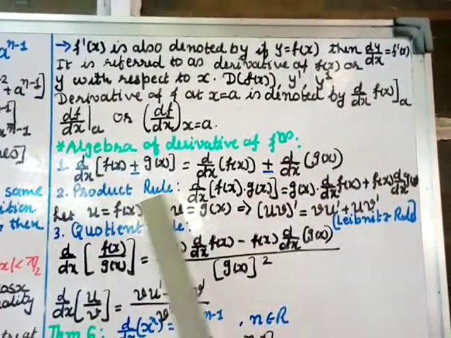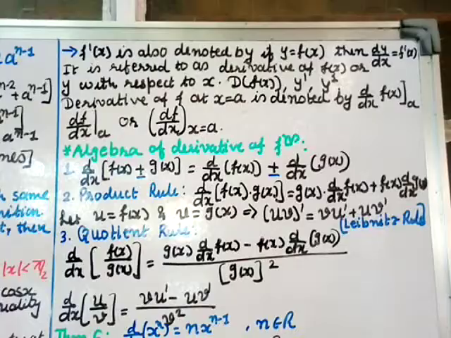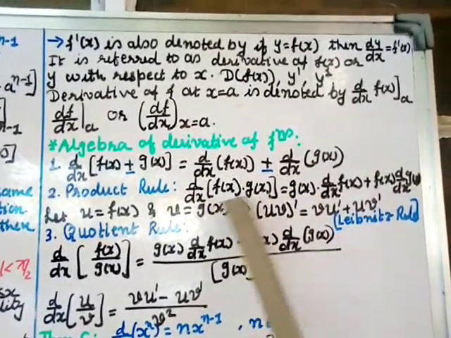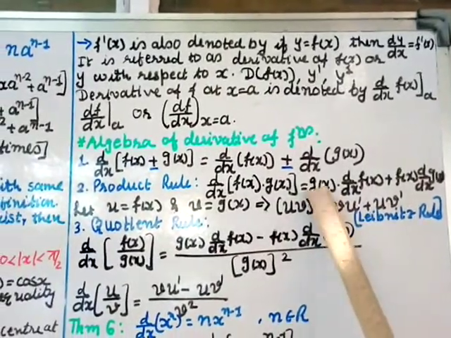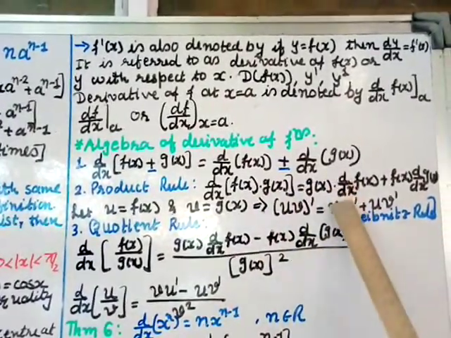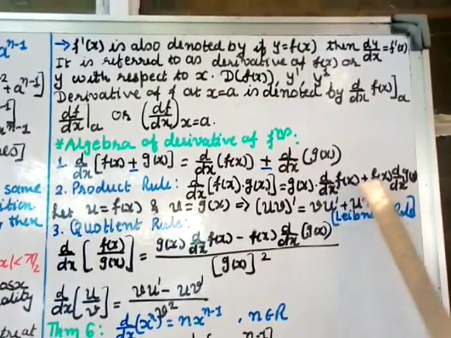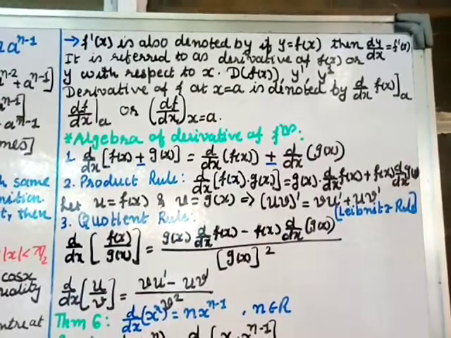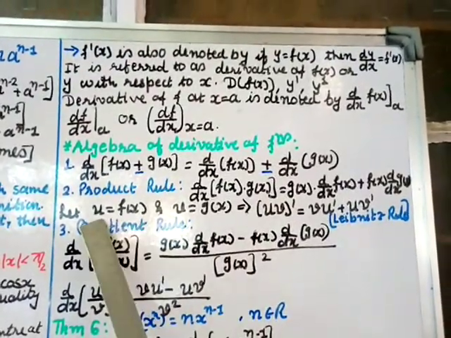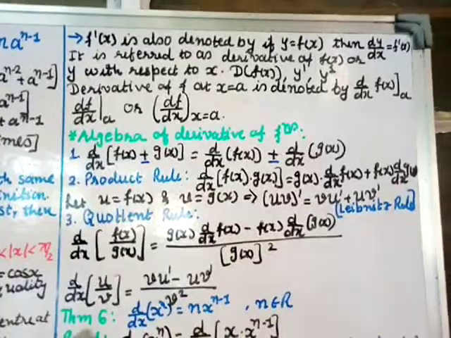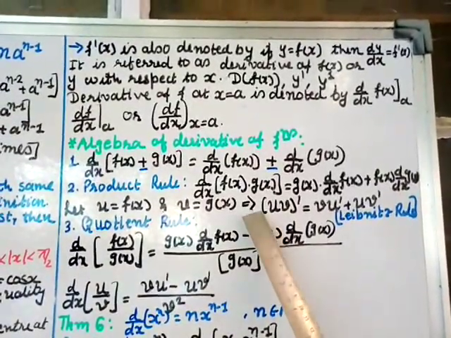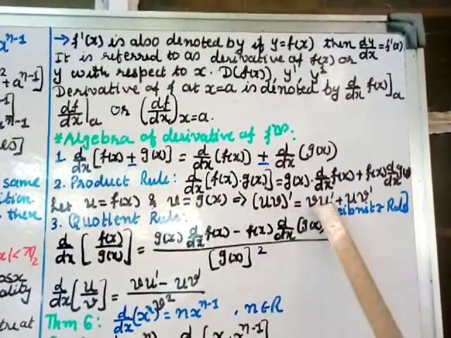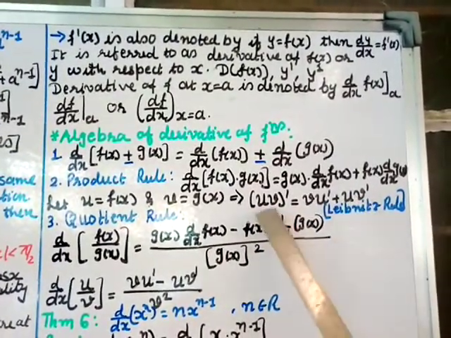Number 2, product rule. Now if you have got a product of two functions or more than two functions, d by dx of f x g x equals: keep one of the functions as it is, suppose g x, and differentiate the first one, that is d by dx of f x, plus, keep as it is what you have differentiated and differentiate the one you have not, that is d by dx of g x. Now suppose you take f x as u and g x as v, then the same product rule can be written as d by dx of uv, or (uv) dash, equal to v as it is times the derivative of u, that is u dash, plus u as it is times the derivative of v, that is v dash.